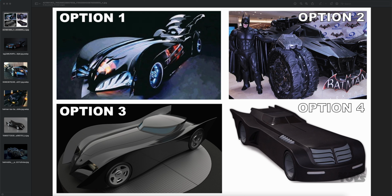Today we got a surprise from the company Jazzinc. They opened a poll to have the community vote for what will be the next Batmobile for them to work on. We got four options, and I wanted to talk about each one, give my opinions on them, and say whether or not I'm gonna pre-order